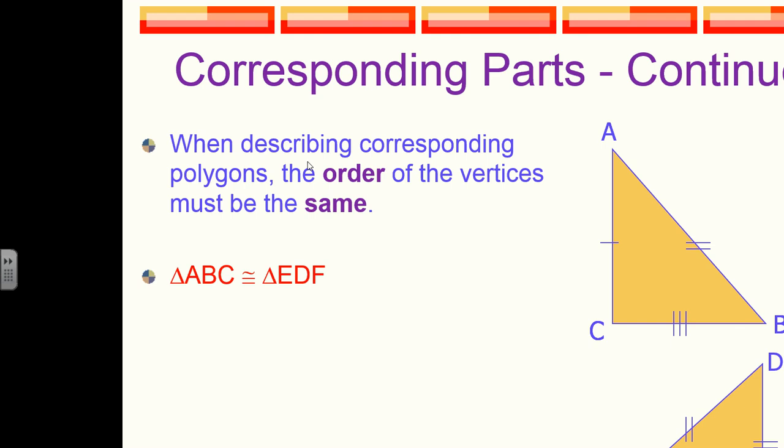So you would say, when naming this particular figure, that triangle ABC is congruent to triangle EDF. So when you're describing corresponding polygons, whether that be congruent or similar ones, and we're going to talk about what similar polygons are in a little bit, the order in which you describe them is important. So if I said triangle ABC is congruent to triangle EDF, whether you had a picture like this or not, you can know that